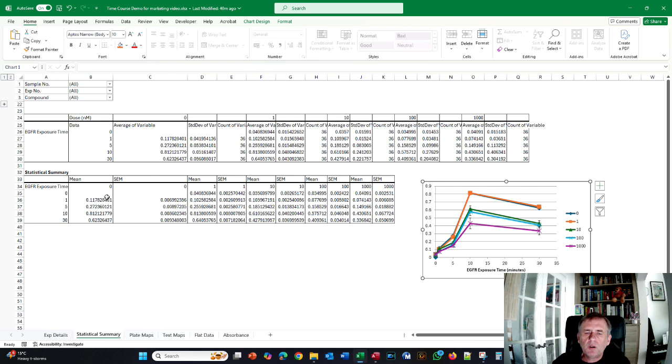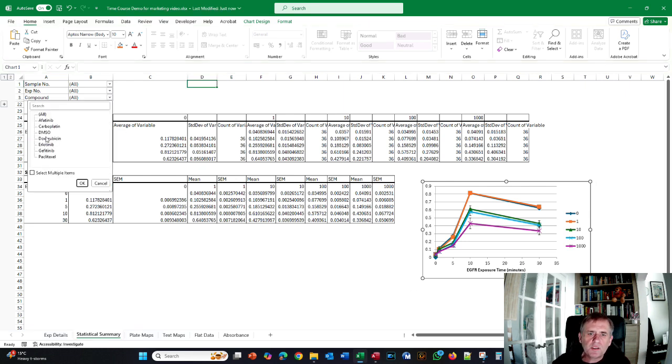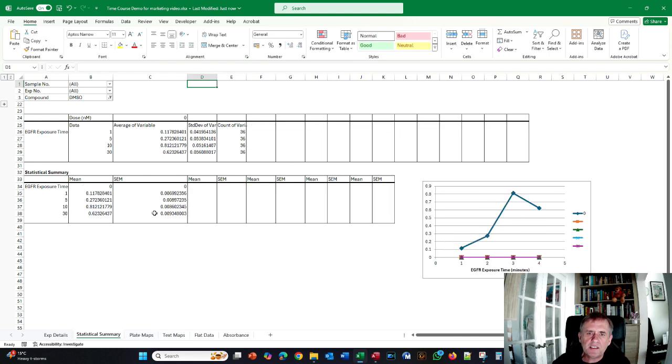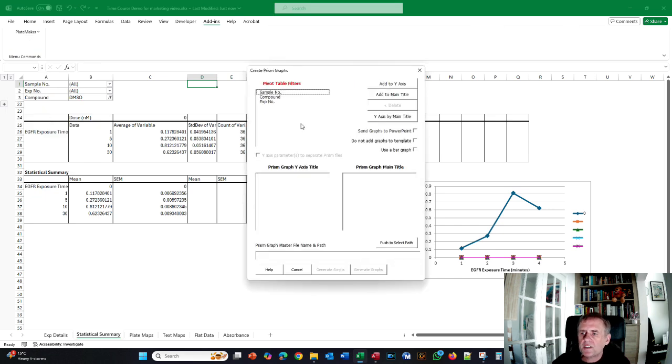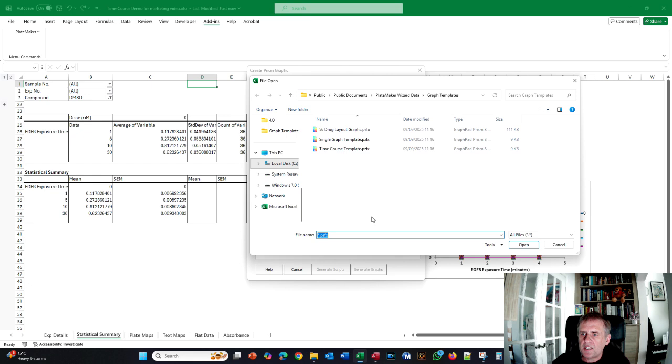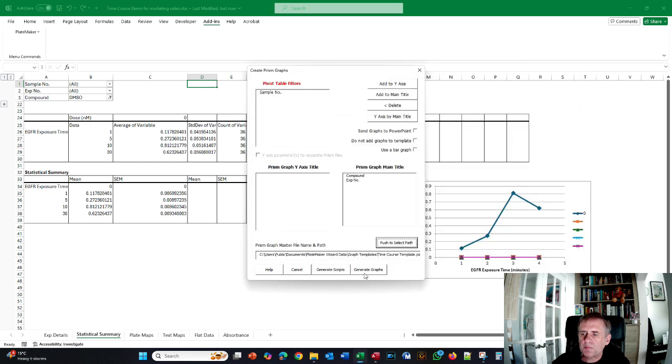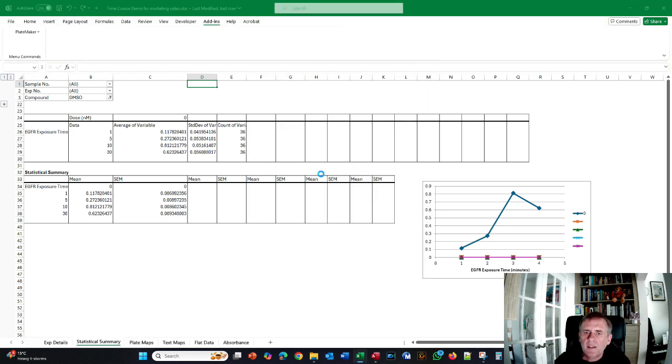So now all I'm going to do is I want DMSO present in all my graphs, so I'm simply going to click on DMSO. Again, this is explained in the first tutorial. I'm then going to go add-ins, I'm going to go generate Prism graphs, and then I want each compound as a graph title. I also want each experiment as a graph title. I want all these graphs, and I just need to now select the template that I showed you. So this is the time course template, and then finally I simply push generate graphs,